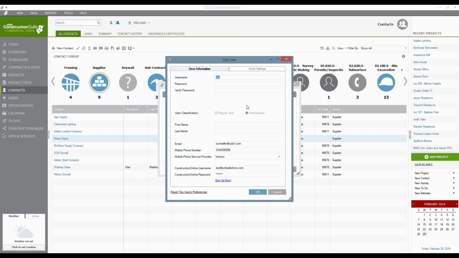and the ConstructionSuite administrator is going to have the username and password. For me, it's just my name, my first name, Ian. For a lot of you, though, you're going to be setting it up as the email address, and the password is going to be the same password that you might use for your ConstructionOnline accounts. So that email and password will allow you to get into ConstructionSuite and into ConstructionOnline and into the mobile apps and everything else. It's one unified username and password, and you'll be able to set them up for new users